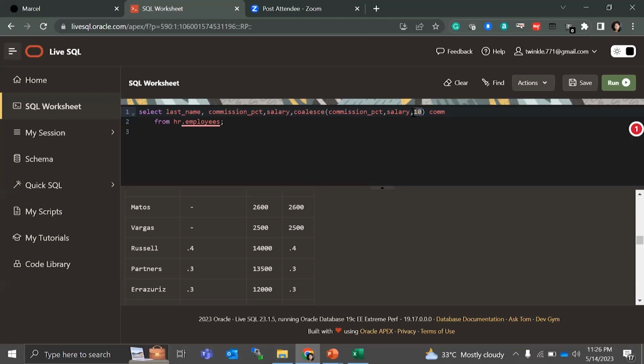Let's write a query for this. Select last name, job ID, salary, case job ID when IT prog then 1.10 into salary,